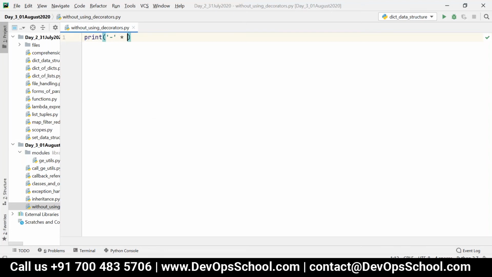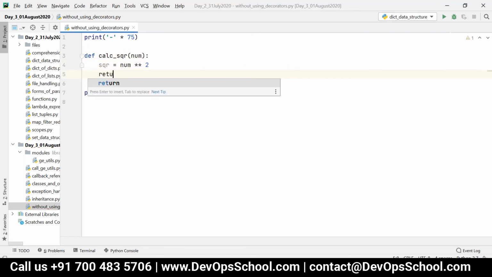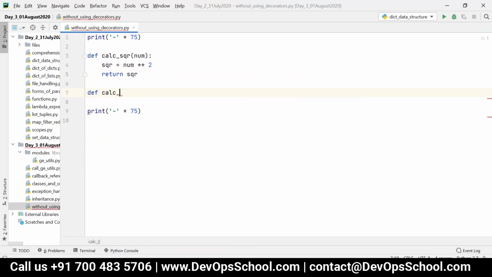Def calc_sqr(num), then sqr is equal to num star 2 and return sqr. Then calc_cube(num), cube is equal to num star 3 and return cube.